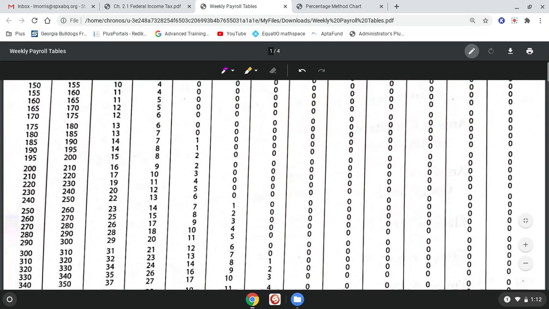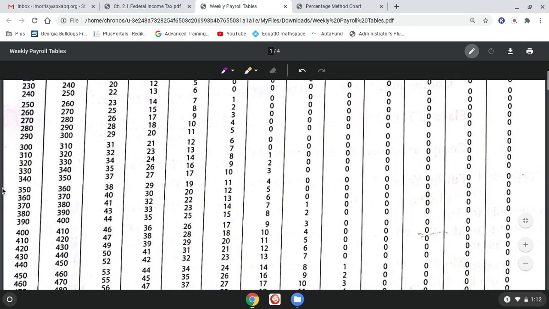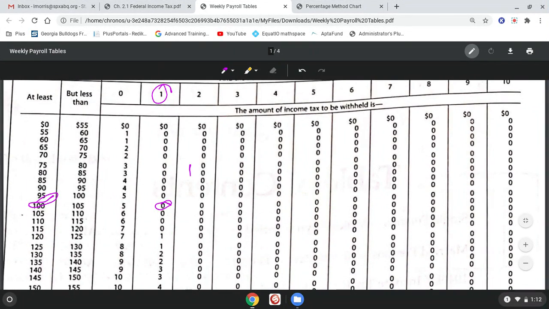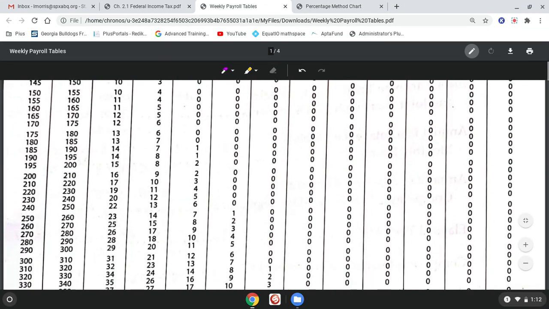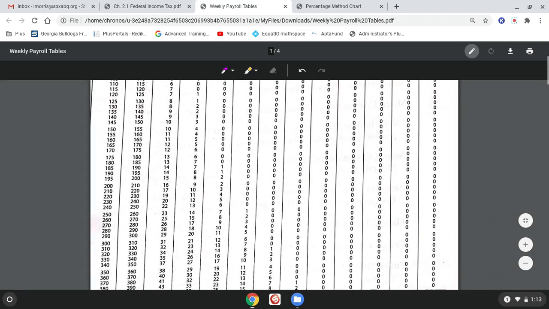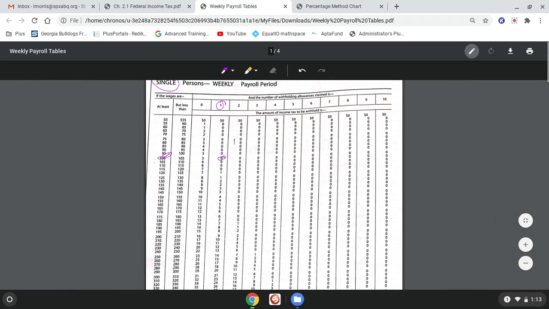Let's go down a little further. Let's say you make $400 a week, and you claim two people. So that'd be this third column. So let's go all the way down to 400, and it should be right here. So that just means you're withholding $26. It's pretty easy. All you got to do is use these tables. And